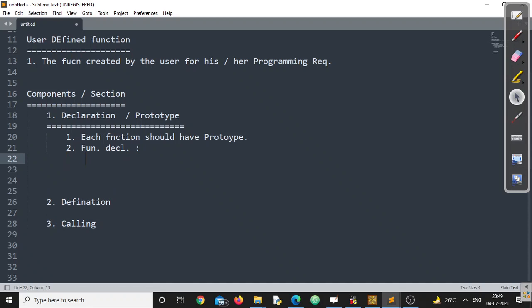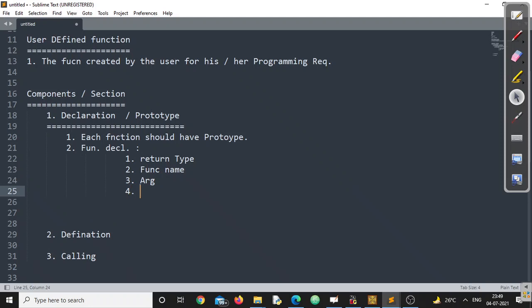It can contain four things. One is the return type, one is your function name, third is your argument, and of course the fourth one, which is restricted to function declaration, is the semicolon. These are four different things that every function declaration will contain.